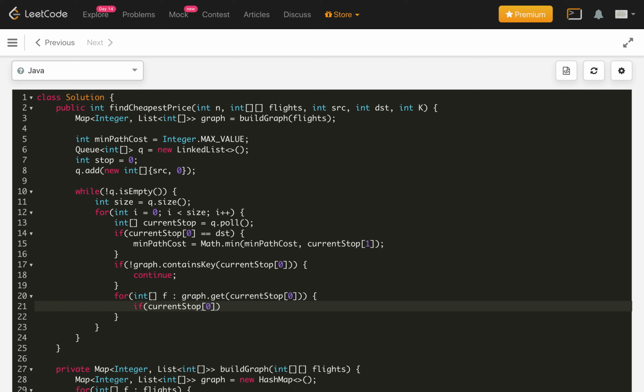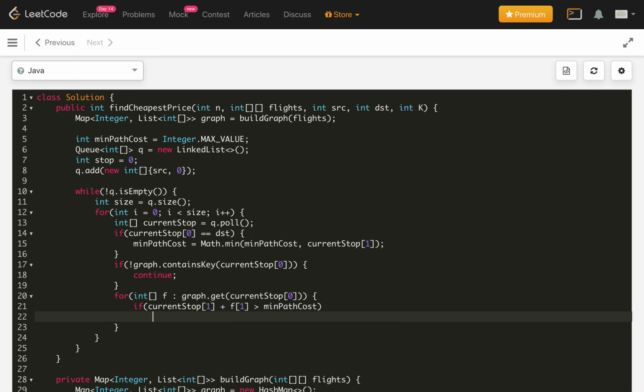Here we need to check if the current stop cost plus the next flight cost is greater than min path cost, then we skip that, because we already know a path which is cheaper than this.